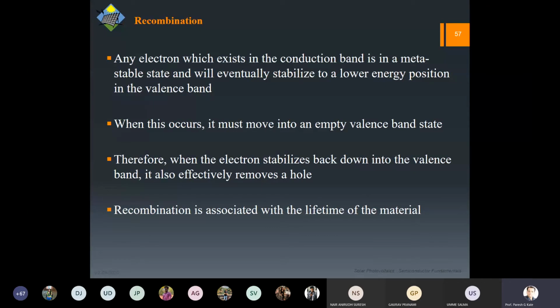Now, the point here is why recombination is bad. With so much effort in optimizing the absorption and optimizing the generation, we have got these electrons, and they should not die before they do their work. And the work of the electron or the carrier is to participate in the current, right? So suppose they die before they constitute any current, then it's of no use.